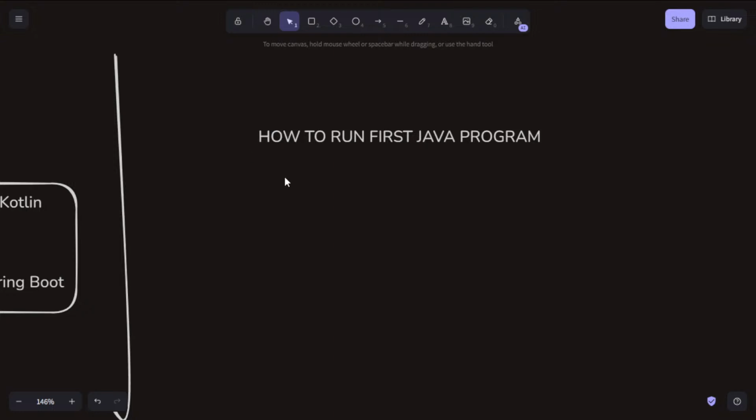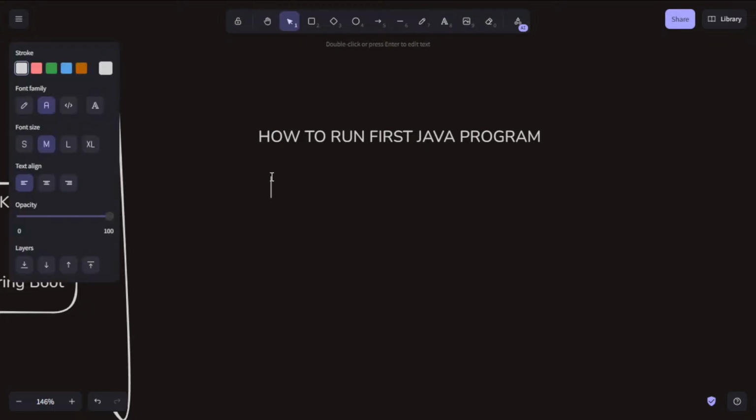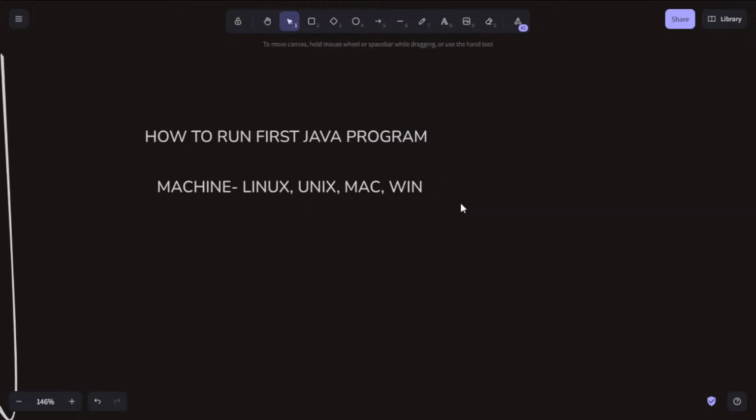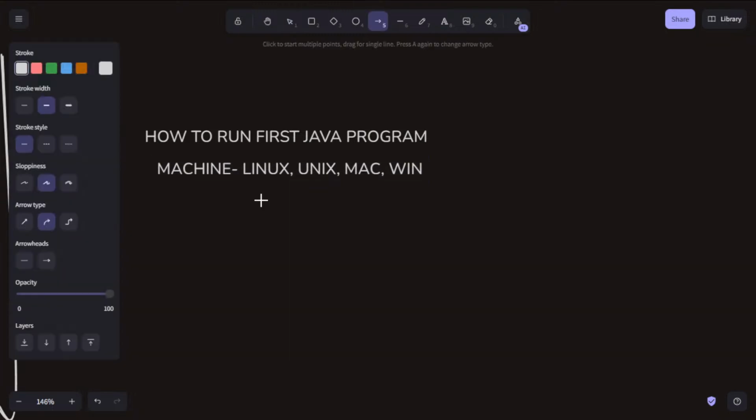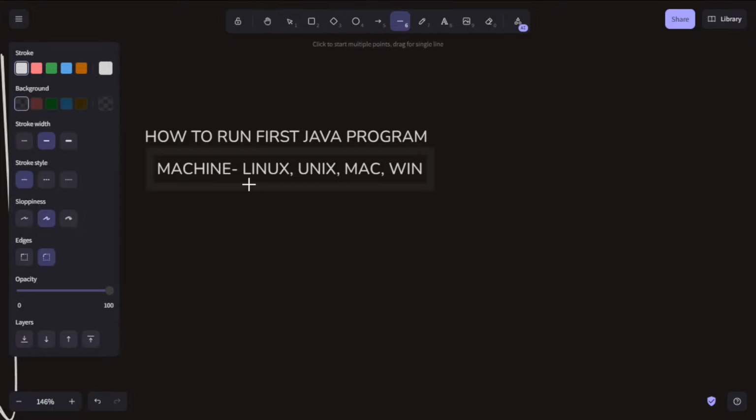What are the basic things that you require? Basically, first of all, you require a machine, and the machine can be Linux-based, Unix, Mac, or some people use Windows like me. It does not depend on versions, but if you have a standard version, that will be beneficial for you.